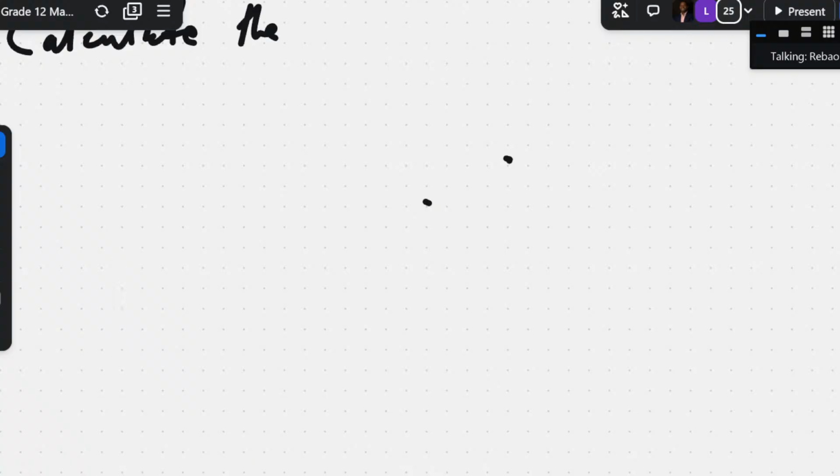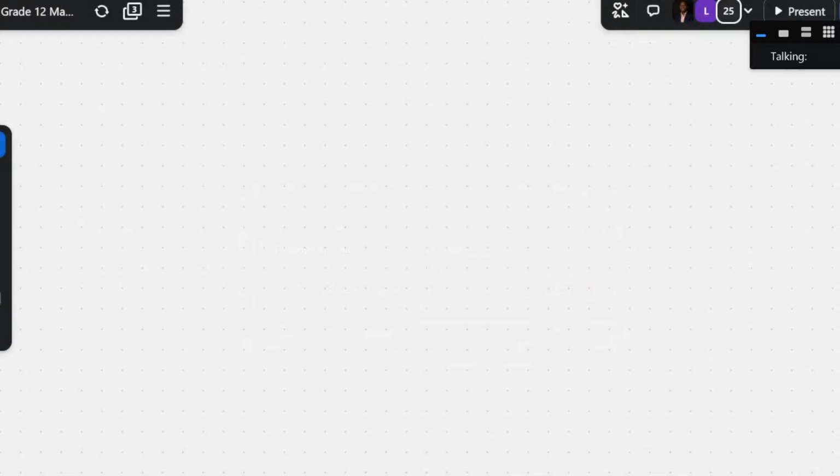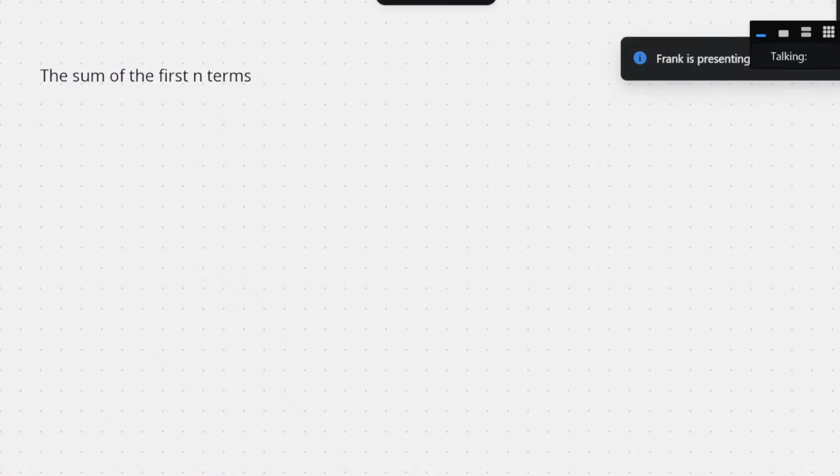Okay, undo there. Or maybe I should just type. Let's clear the page. And let's type this one. That will make it quicker, I hope. The sum of the first n terms of